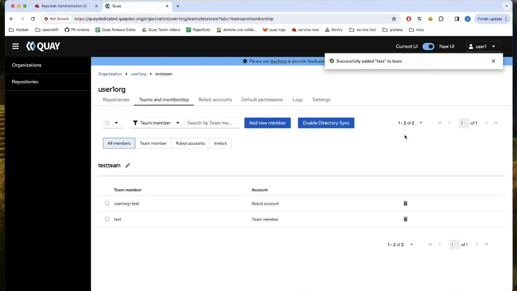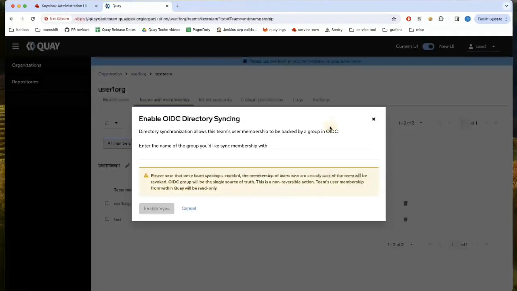We can enable the team syncing using the Enable Directory Sync button. Please observe the note here. Once the team syncing is enabled, the membership of users who are already part of the team will be revoked. This is because we want the OIDC group to be the single source of truth. This is also a non-reversible action. Once we have team syncing enabled, the team's user membership from Quay will be